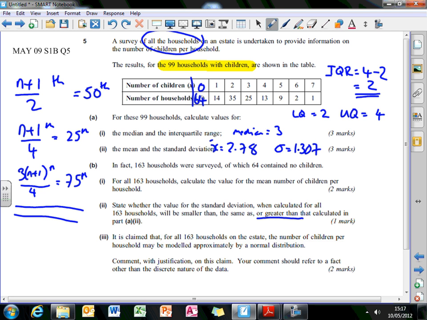Okay, so it's claimed that for the 163 households, the number of children per household may be modelled approximately by a normal distribution. Comment with justification. Well, I don't think you could use the normal distribution here because if you look at the numbers, it wouldn't be symmetrical, would it? It wouldn't be a symmetrical distribution. It's very highly skewed because so many house